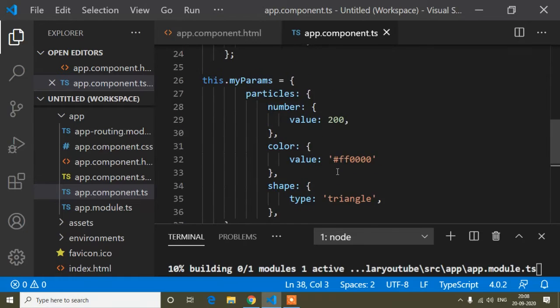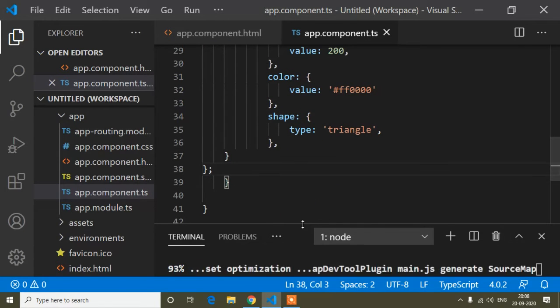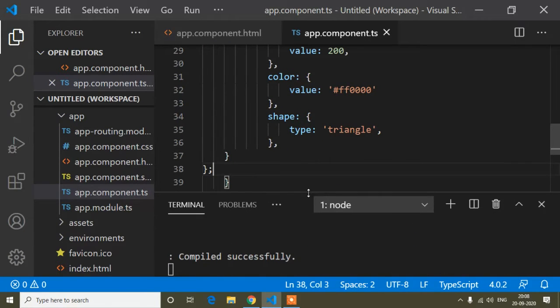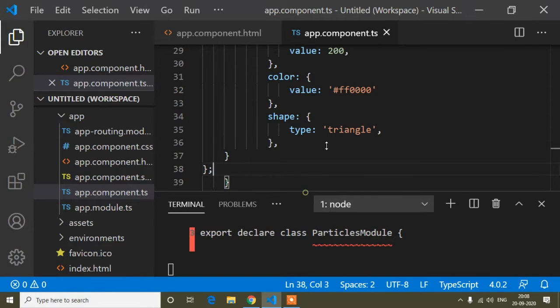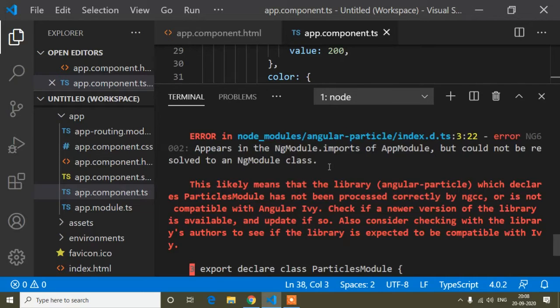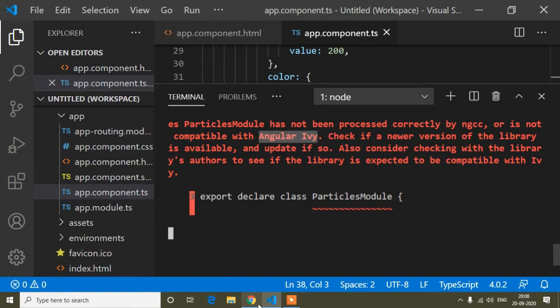After adding this code, you will see the error. Here you can see I am getting an error, and the main thing is you can see here Angular Ivy. So this is the error. Why this error?